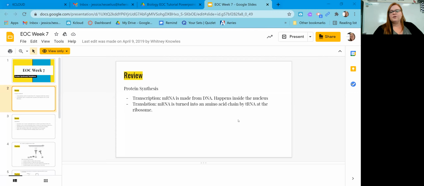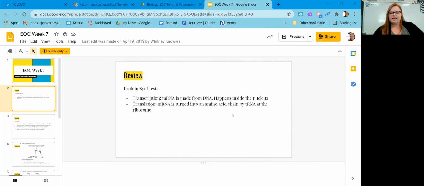It leaves the nucleus and goes to find a ribosome, and ribosomes are the structures in cells that build proteins, or where the final step of building proteins is. So those mRNA messages from transcription get taken to a ribosome, and we're going to translate that mRNA into amino acids. And this is done by tRNA molecules, which match up with our mRNA sequence and then leave the correct amino acid in the sequence,